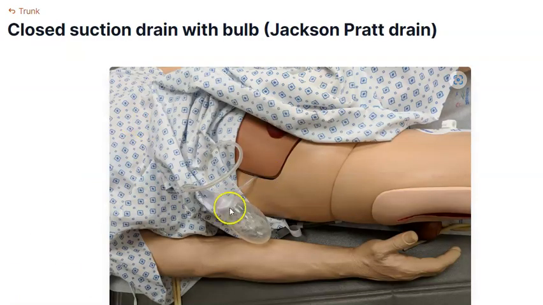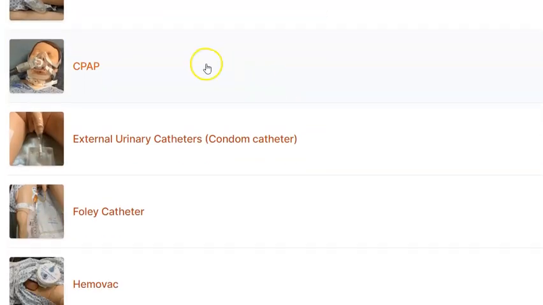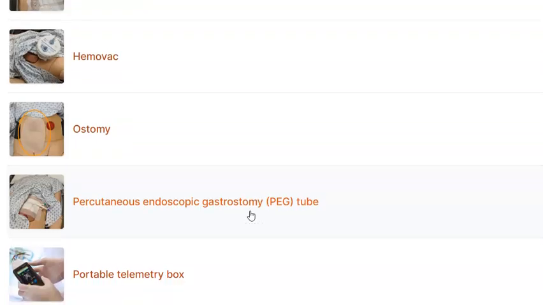So here's the bulb. That's pretty common, that you'll definitely probably see in therapy. It could be to the knee, it could be to the abdomen, any kind of drainage tube after surgery. This would be a CPAP machine, external urinary catheter, a Foley catheter, and what that would look like. Hemovac, that's the ostomy, like so colonoscopy bag as well. Let's see, PEG tube,